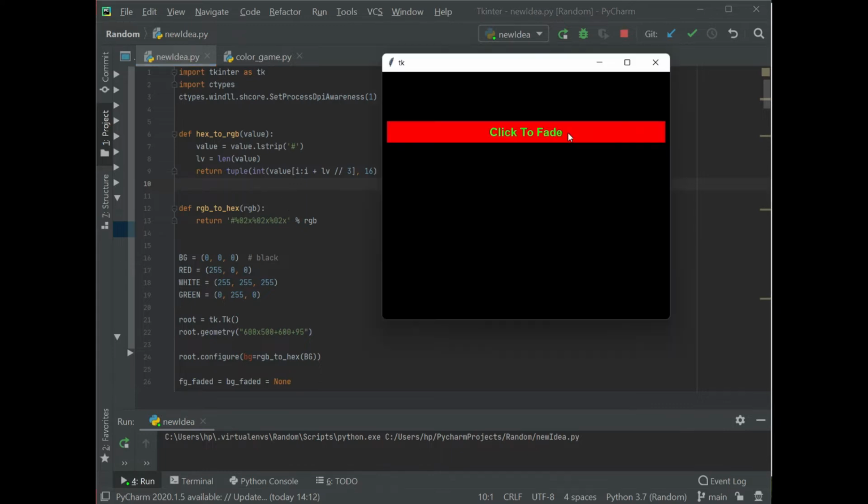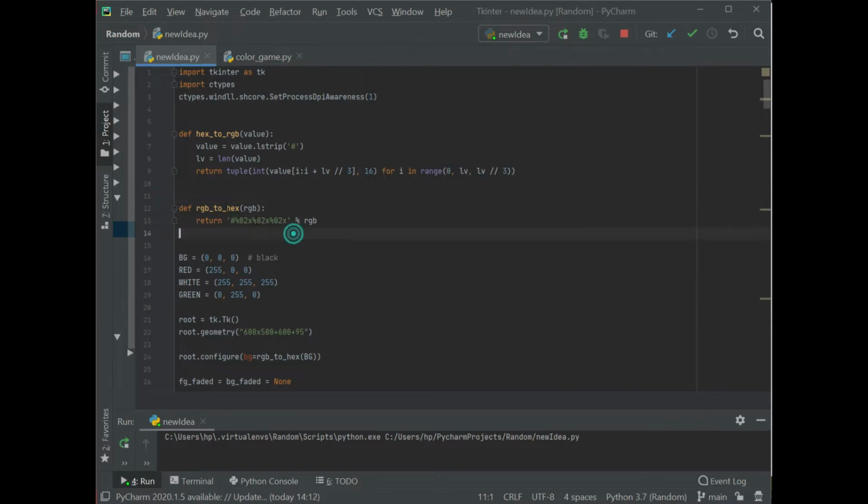In order to create a fade effect in a button, we are going to manipulate the background color and the foreground color of this button. Since the background color of the Tkinter window is black, we will change the color of the foreground and the background of the button little by little till it reaches close to or equal to the background color of the Tkinter window. And we will be doing this in a loop, so it will give us an effect as if the button is fading.